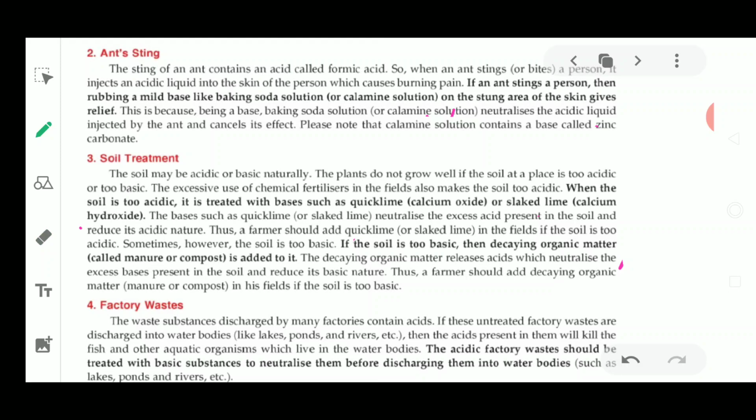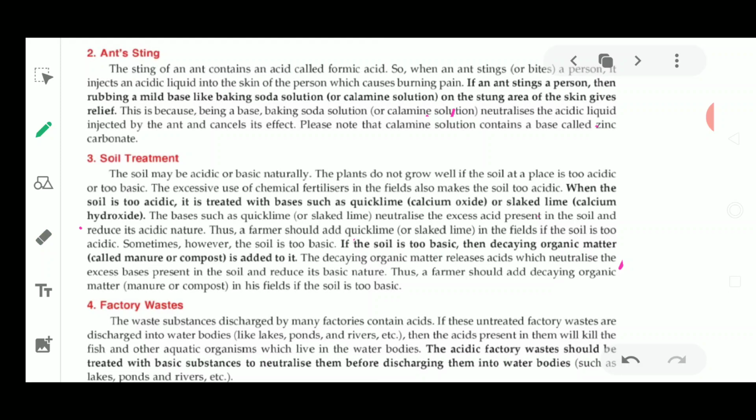Now, this acidity and basicity is harmful. Both of the cases are harmful. So what you are going to do is add a certain base for reducing the acidity, and add a certain acid to reduce the basicity of the soil. Now, how is this being decided? Again, let us see this.